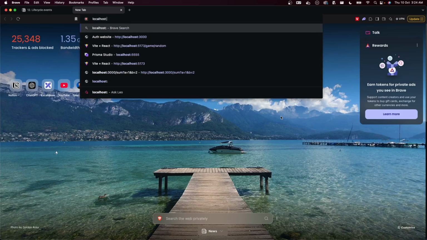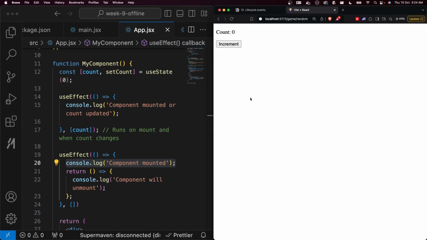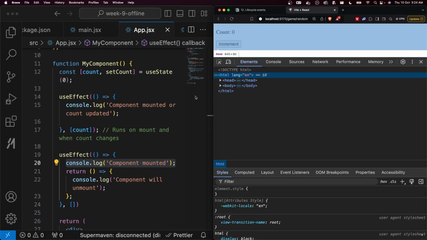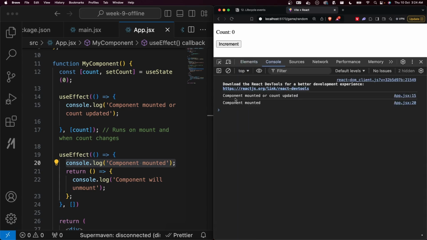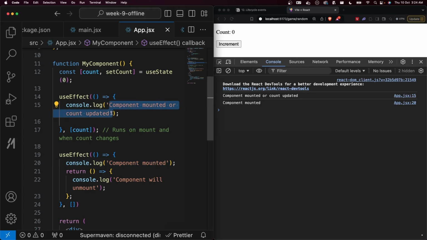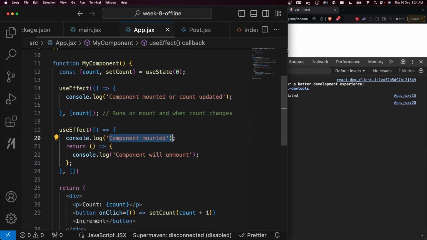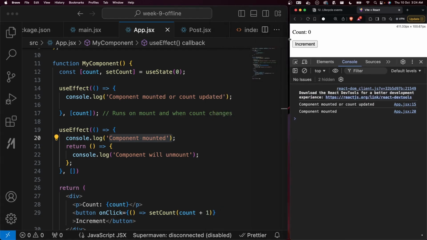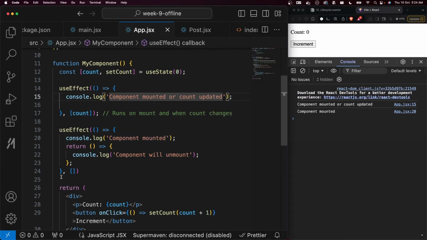If I open localhost:5173, notice what logs come. Component mounted or count updated came, this log right here, and component mounted, this log right here came,